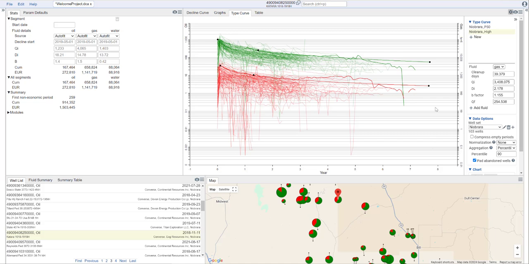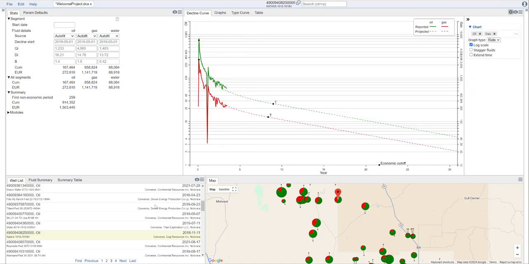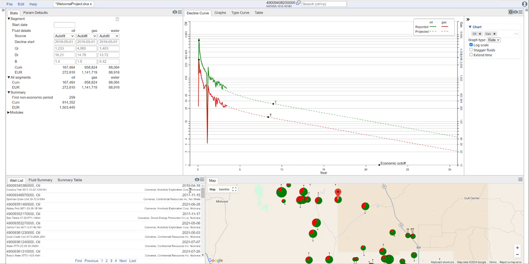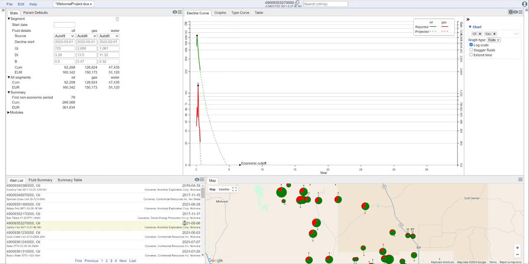All right, so now that we've done that, we have our decline curves. Now, how do we apply these? So let's come here to a well that has a shorter production history. Here we have some wells that didn't start production until later in our dataset's history. In this case, I'm looking at the Jumbo Fed